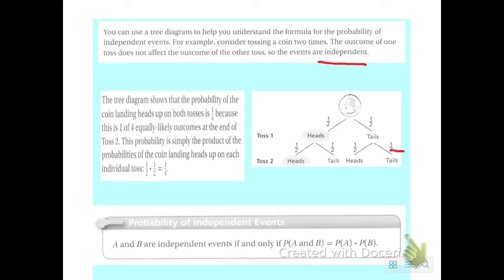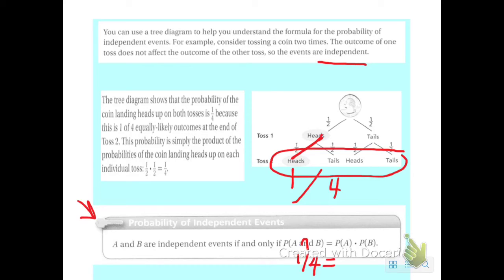Here are my total outcomes. I have 4 outcomes, and the only time that I will get 2 heads is 1 out of 4. So I know the probability of tossing a head and a head, or the intersection of heads, would be 1/4. And the key to our understanding, being able to use that second standard, if we know the probability of A and B, or the intersection of A and B, is 1/4,